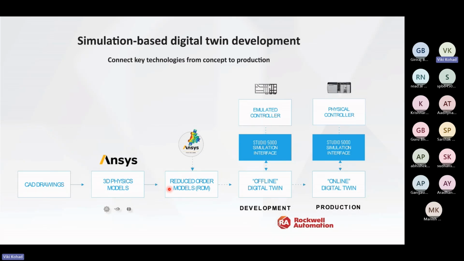So that fast is the ROM model. That's why in system simulations the ROM model is used to get the results faster. Then in the digital twin technology,